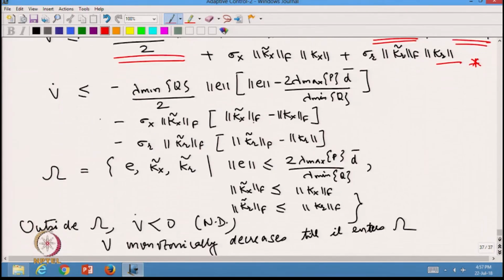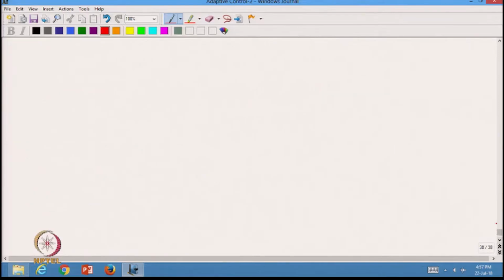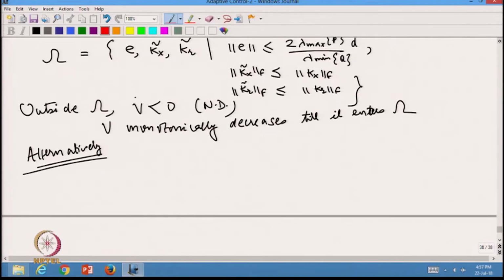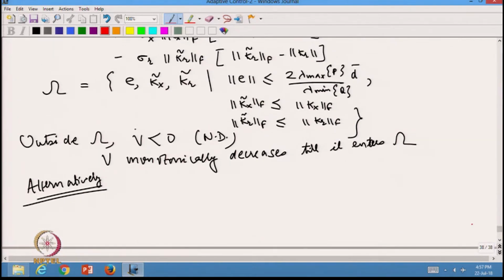Let us proceed from star and see how alternatively we can prove that the parameter estimation errors are bounded. In fact, we can probably say more than that. So, starting from star,